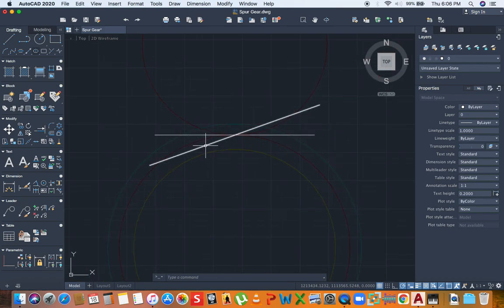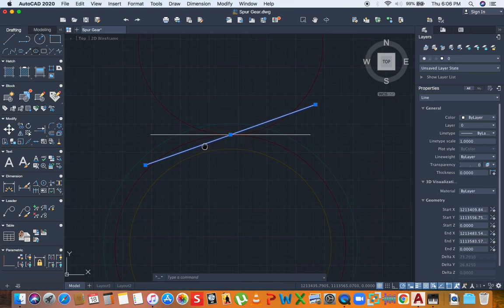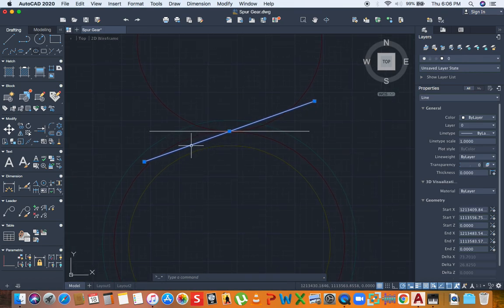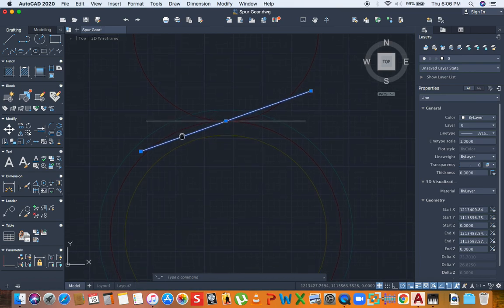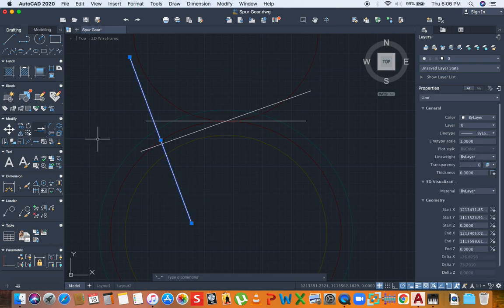Now, this pressure angle is critical because this pressure angle is the normal to the base circle diameter. It's the normal to that diameter or the radius of this base circle. So what we need to do now is to copy this line, and we're going to rotate it 90 degrees so that it now becomes perpendicular. So this line now, where I'm going to move it